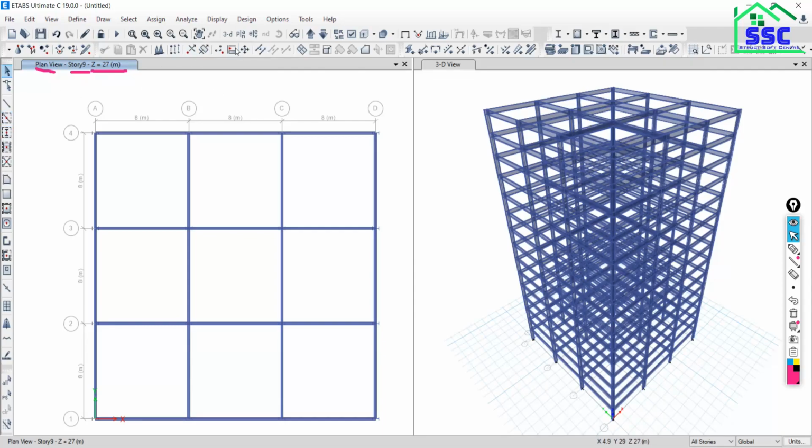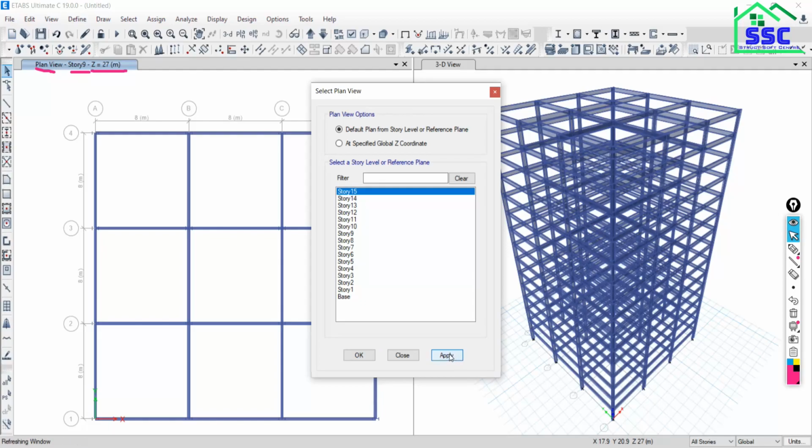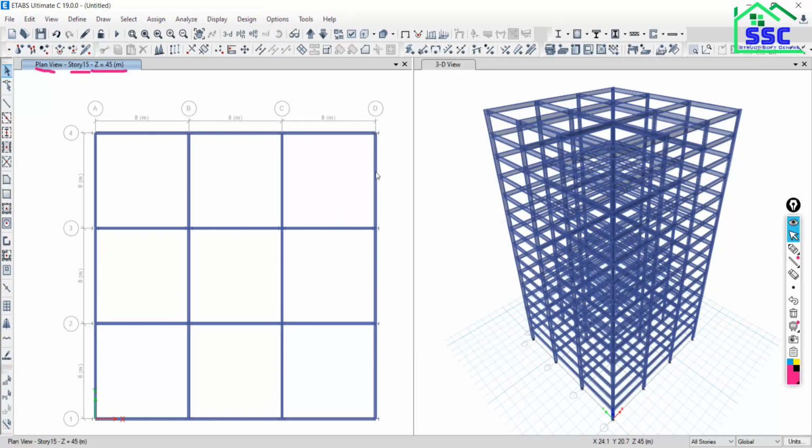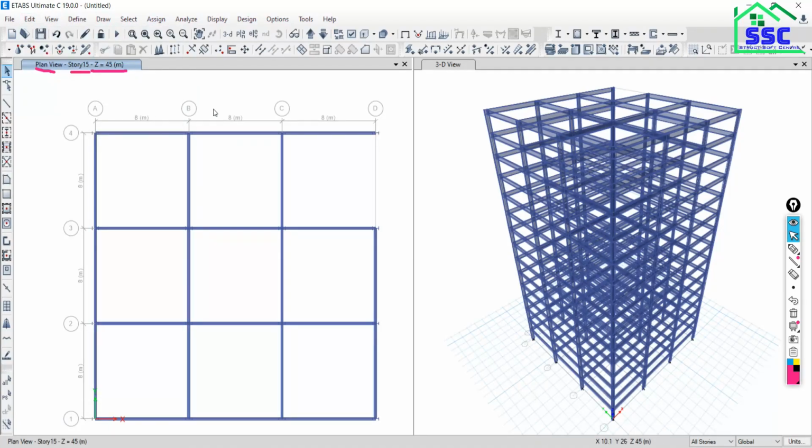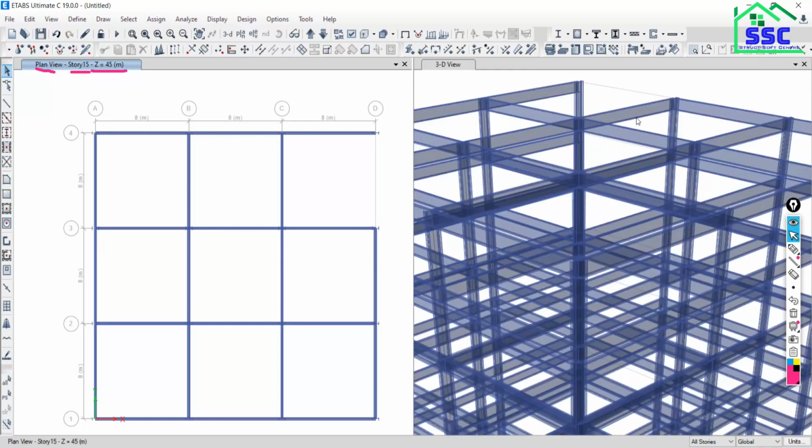I'm here and I just want to delete, go to plan at the 15th floor. Okay, I want to delete only this beam at the 15th floor. Then go to edit and just click delete. So what happened? The beams of all the floors actually got deleted. Why? Because I have selected all story. So यहाँ पर आपका mistake होता है.